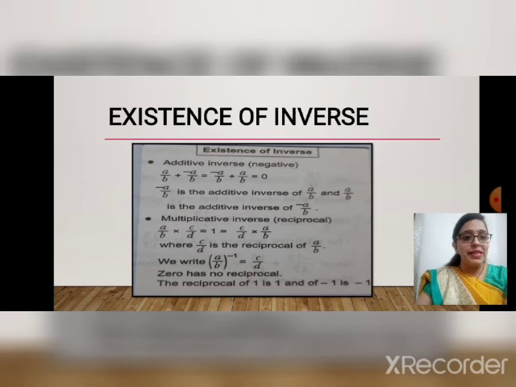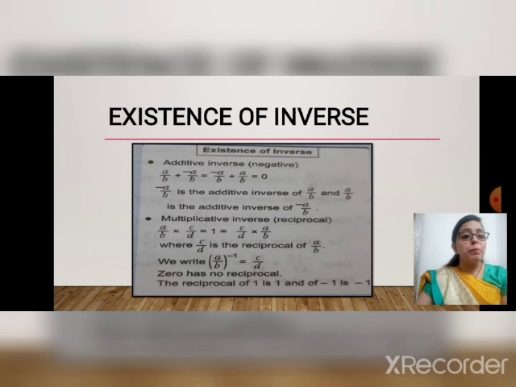I am taking one example. What is the additive inverse of 5? That is minus 5. You can remember it by one thing: additive comes from add, and inverse means just the opposite. So what is the opposite of 5 on the number line? The opposite of 5 is minus 5. When you add both of them together, what does it become? 0. That is called the additive identity.